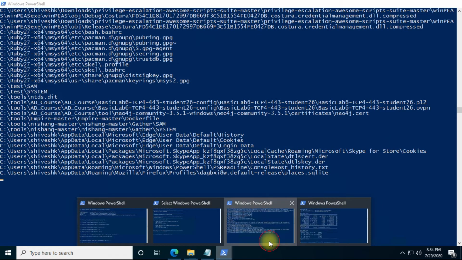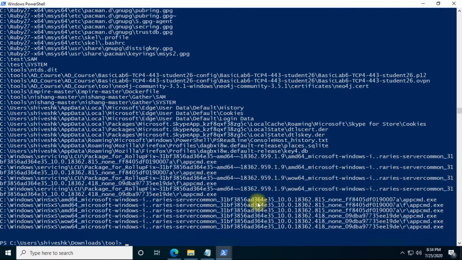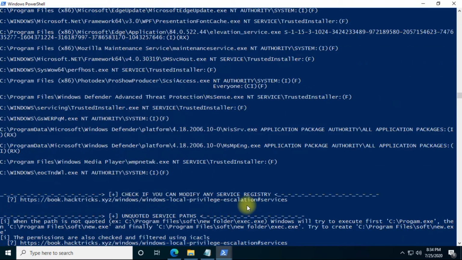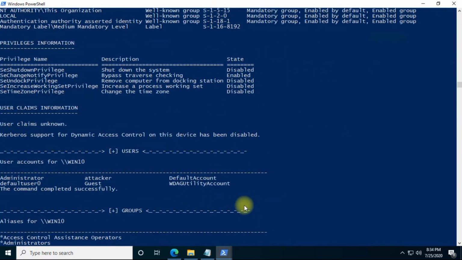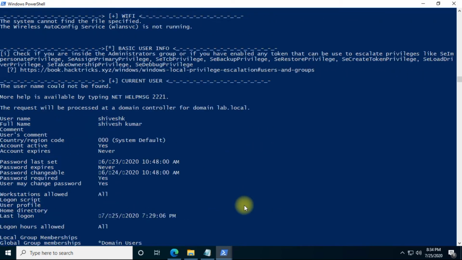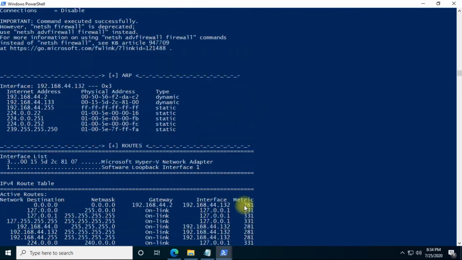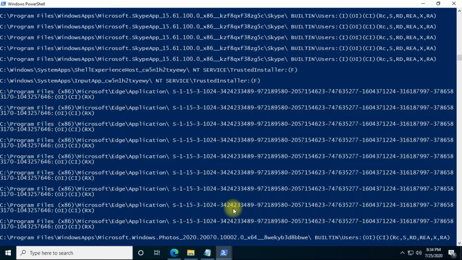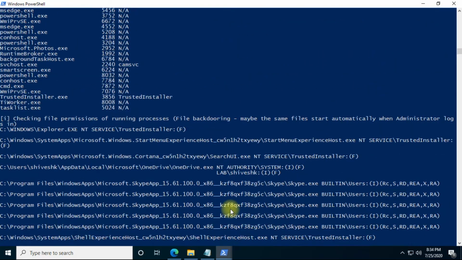I have already run this command, so this is the output. It's far better for me to explain it in the tutorial instead of waiting for the output. Okay, so let's start from the beginning. It gives us the complete system info.